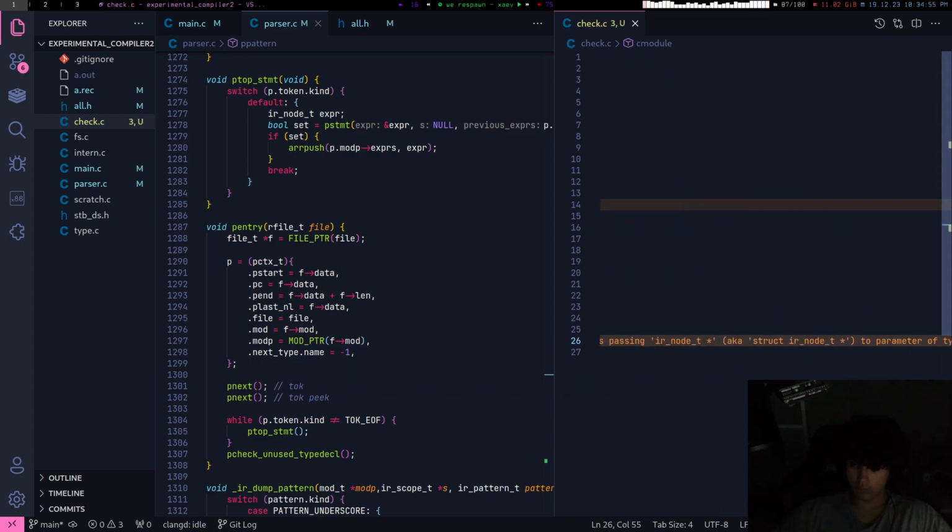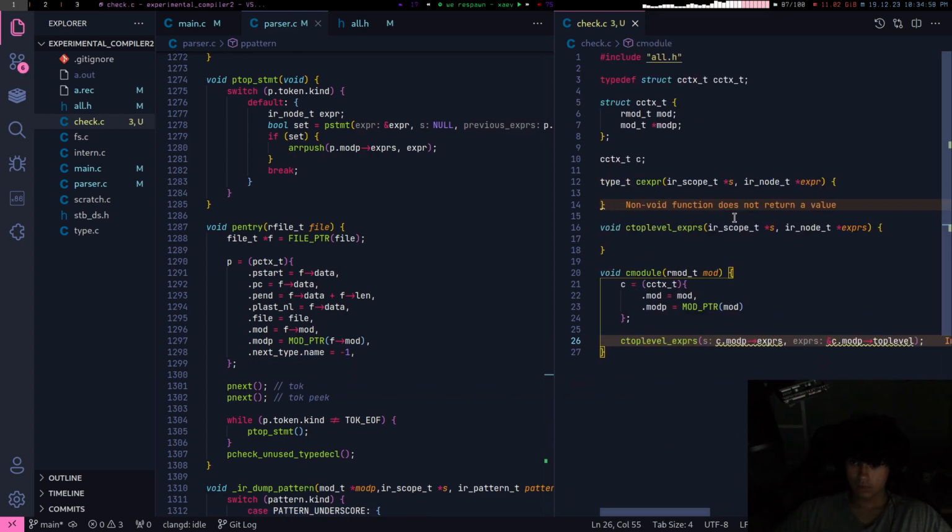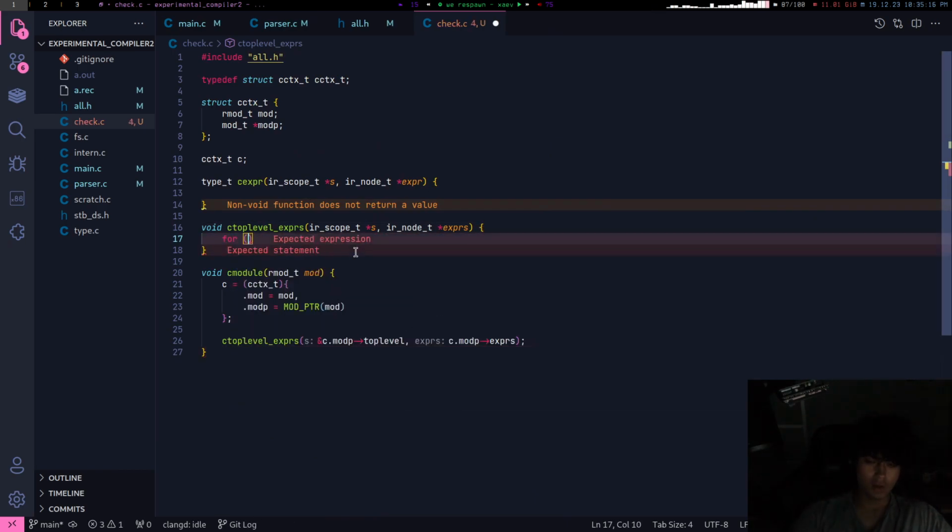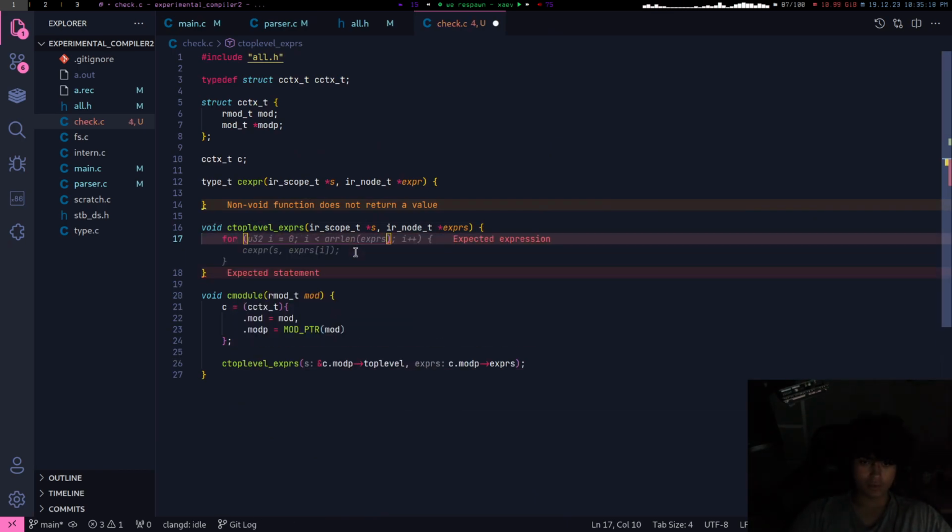What's it called? Incompatible. Oh, it's the wrong way. So C top level expressions. So this is just fill it in for me. No, I don't like how you do that. Equals 0.